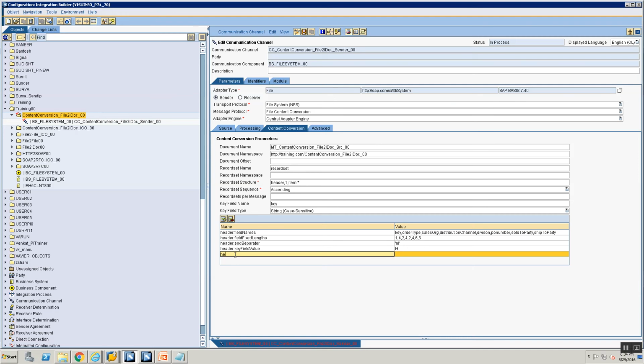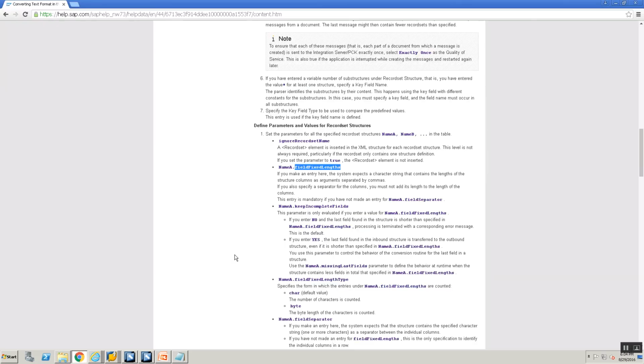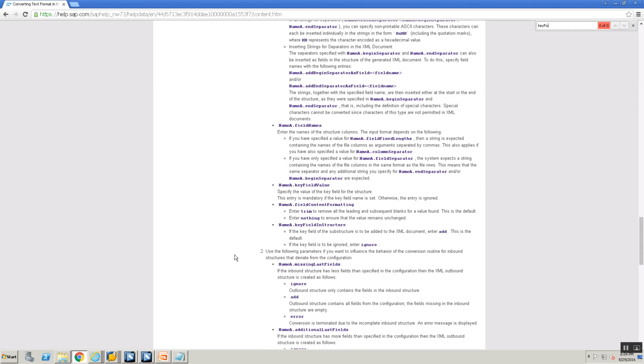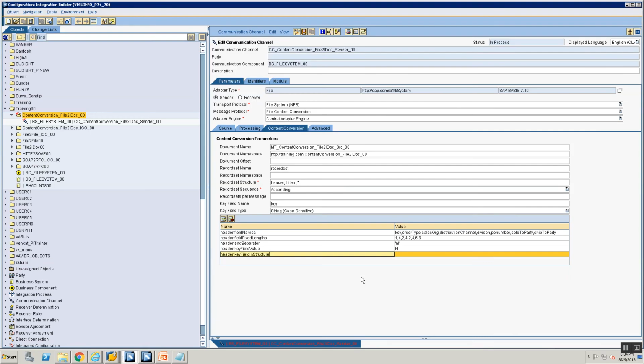And then we say header dot key field in structure. Let's get the correct spelling here. Key field. Okay, key field in structure, and the value is going to be ignored. We had seen this previously.